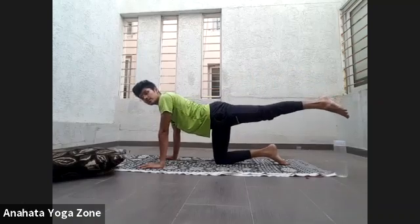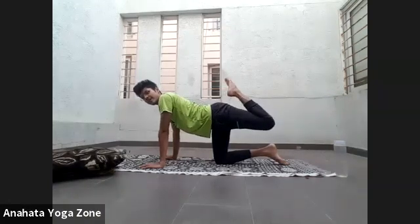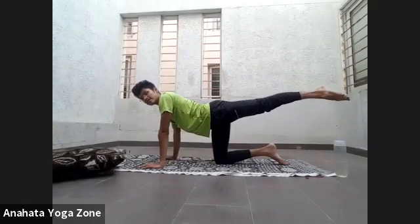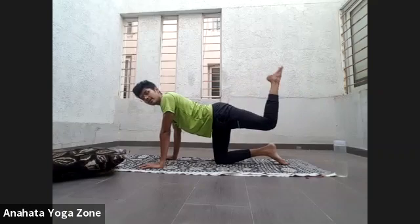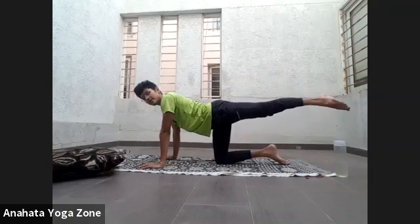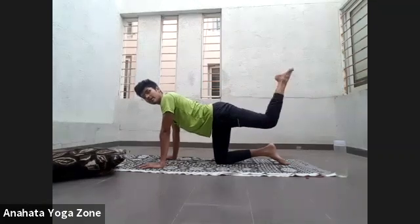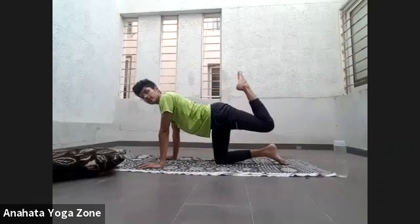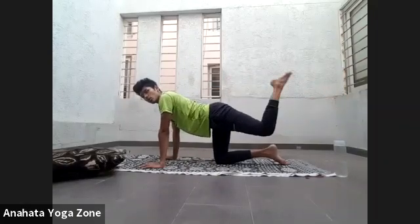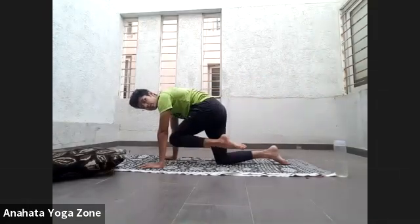Exhale, straighten. Inhale, exhale. Inhale, exhale. Inhale, exhale. Inhale, exhale. Inhale, exhale. 5, exhale. 4, exhale. 3, exhale. 2, exhale. 1, exhale. This time fold the leg, come forward, up the left knee to the chest and lift